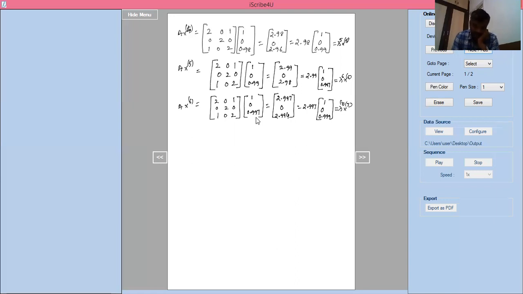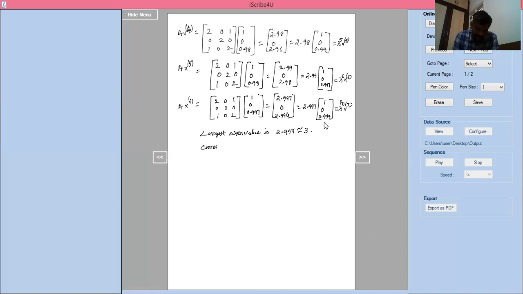Now, the largest eigenvalue. Here 2.99 is there, here 2.997 is there. So we will wind it up here. If you see the eigenvector, 1, 0, 0.997 we are getting, and here 1, 0, 0.999. That means almost the eigenvectors are reaching the same, so that's the way I can stop the process. The largest eigenvalue is 2.997, approximately 3.